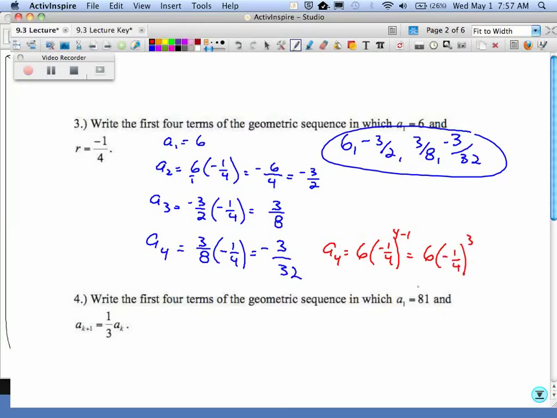Which is fine and dandy when you have the calculator sitting in front of you, right? But what happens when that -1/4 is to the 4th or 5th power? How many of you can do 4 to the 5th power in your head or something? So